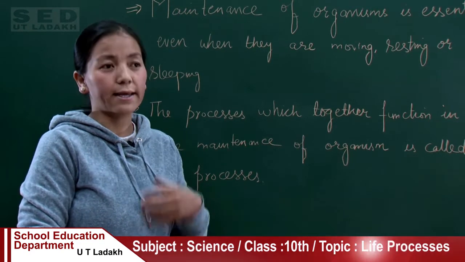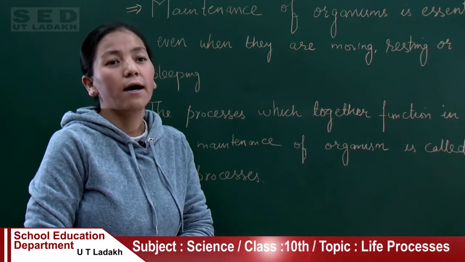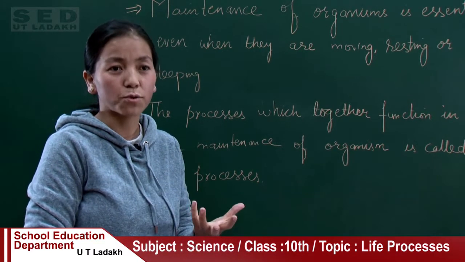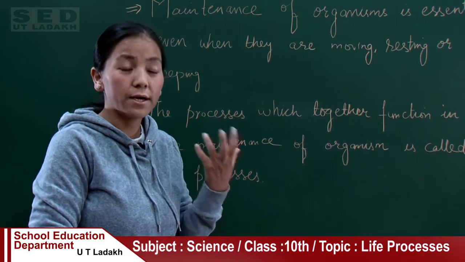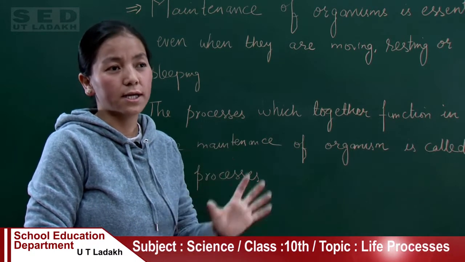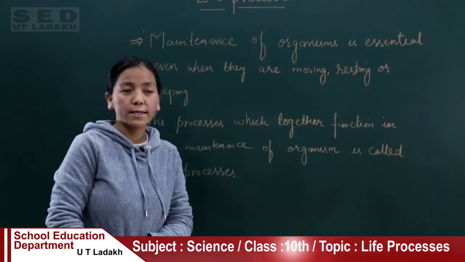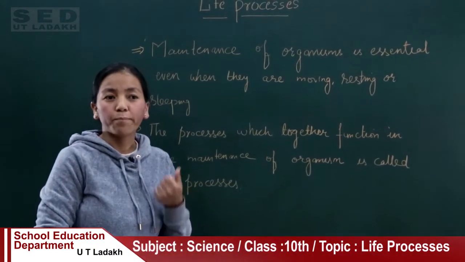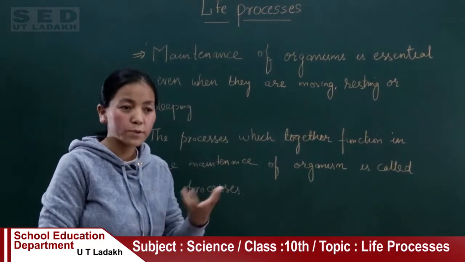Whereas in multicellular organisms like higher plants, animals and human beings, there are specific well-defined systems for such processes. For example, in human beings we will talk about nutrition, and we will talk about nutrition in plants, and so forth